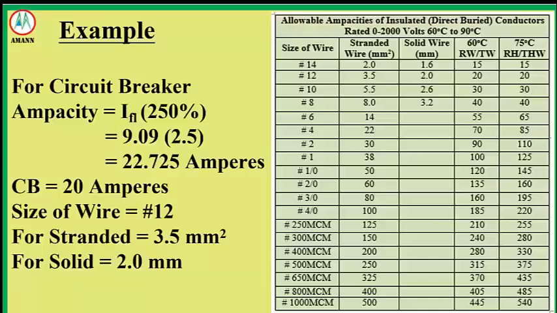For the wire size, number 12 AWG conductor is recommended, which corresponds to 3.5 mm squared for stranded wire and 2.0 mm for solid wire. This wire size is appropriate for carrying the expected load safely, minimizing voltage drop, and ensuring compliance with electrical code requirements. Proper breaker and wire sizing helps prevent overheating, voltage fluctuations, and potential fire hazards, ensuring safe and efficient electrical